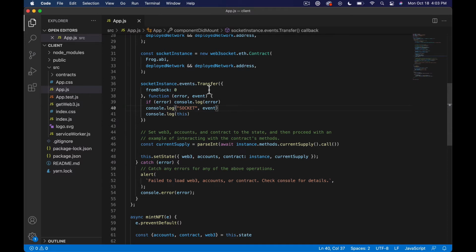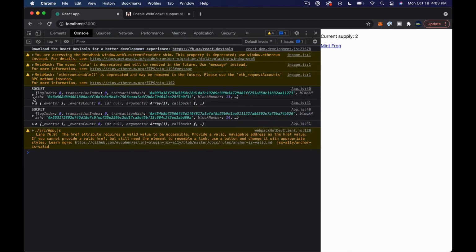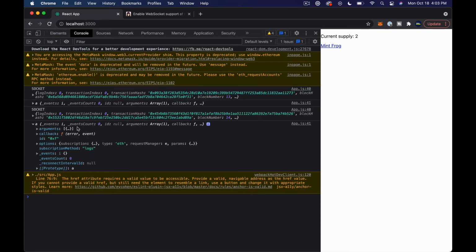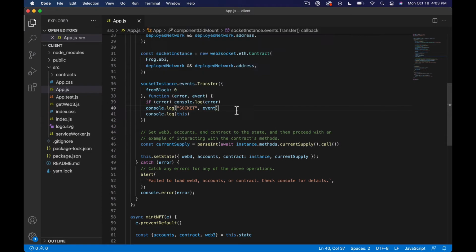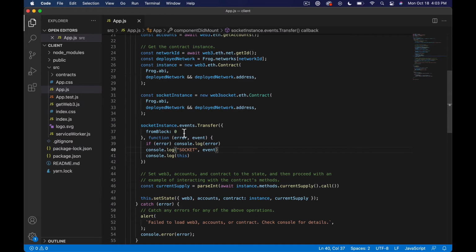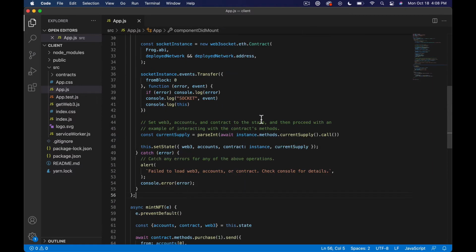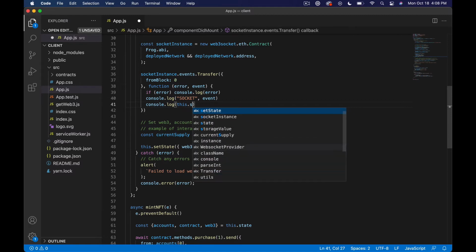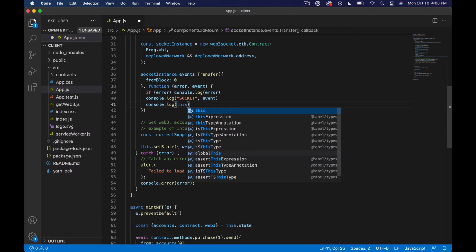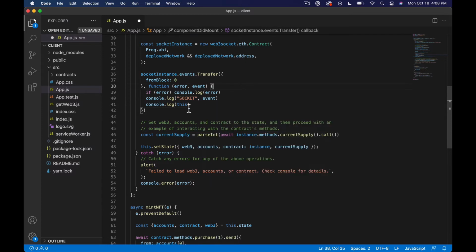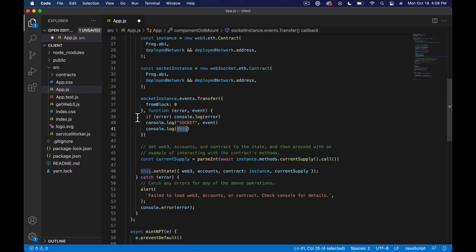Maybe it's the event. Maybe we're inside the event, potentially. Because I can see there's a lot of blockchain-related stuff attached to this, it looks like. Yeah, so this must be that. I don't know. So what we need to do is actually, when this happens, we need to update our state. So normally, what we would do is say, this dot state dot whatever, right? This dot set state even. But as we just saw, this is not the component down inside of here. We're actually probably inside of the event,